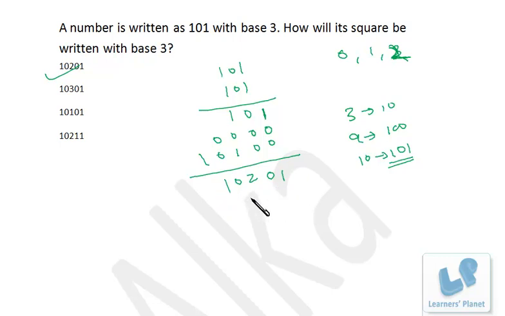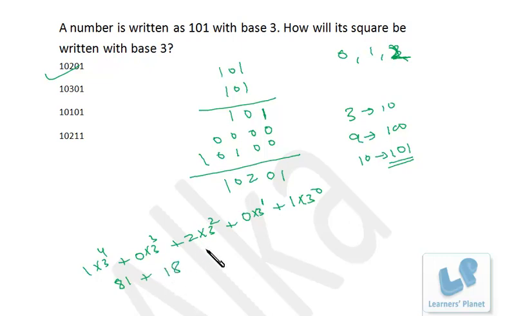That means if you convert this number to base 10, it will come to 100. And how do we do that? It's 1 into 3 raised to 0 plus 0 into 3 raised to 1 plus 2 into 3 raised to 2 plus 0 into 3 raised to 3 plus 1 into 3 raised to 4. So this is 81 plus 18 plus 1, right? So that's 100. That's actually not necessary, but since this is a workshop, I'm also discussing the concepts and fundamentals behind this. I hope you are getting me.